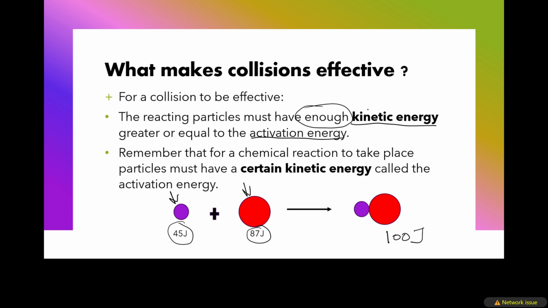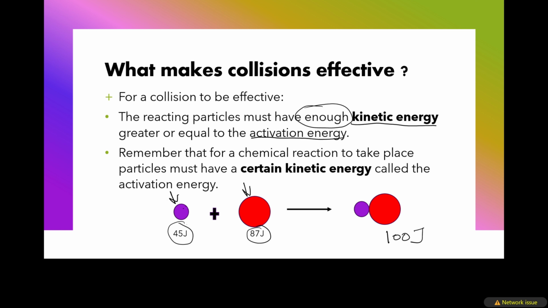But if the kinetic energy of these particles is lower than 100 joules, then this collision will not be an effective one. Hence we say that for a collision to be effective or successful, these reacting particles must have enough kinetic energy so that they can bump into each other effectively and form a